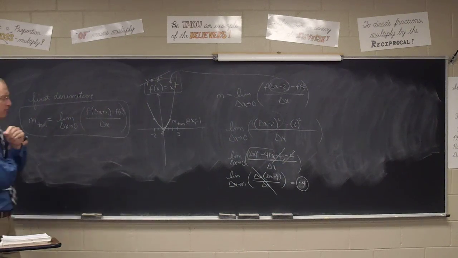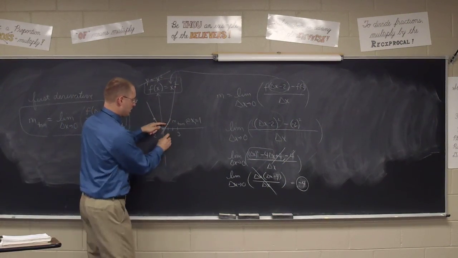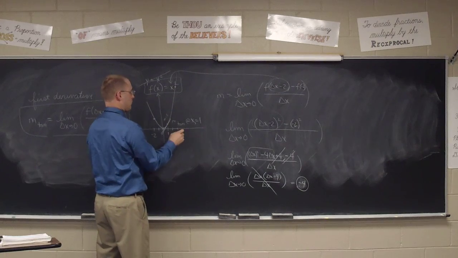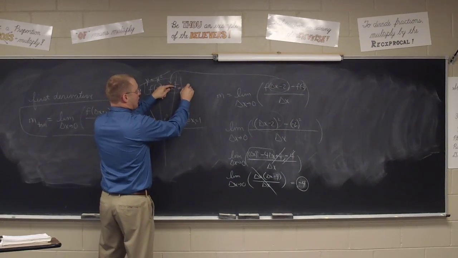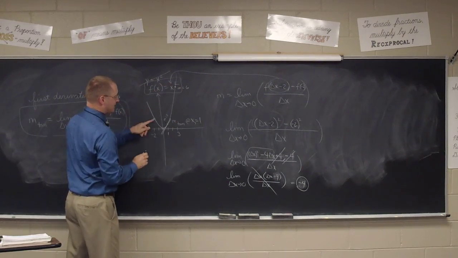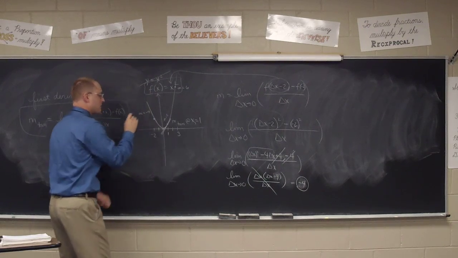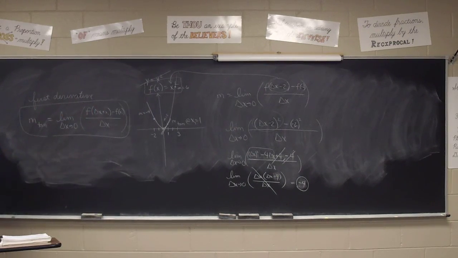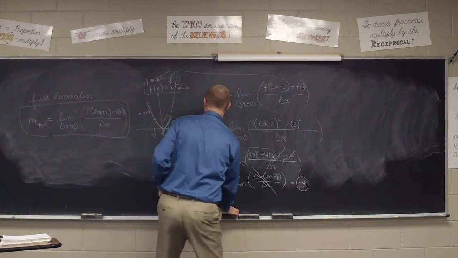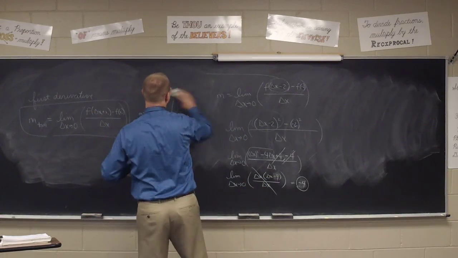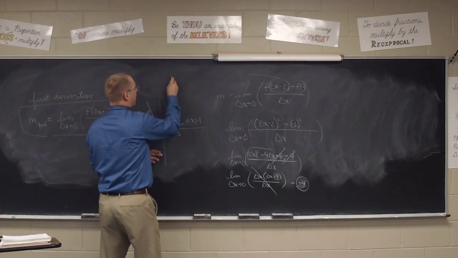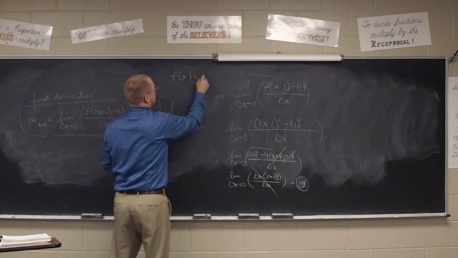Do you notice something? When x is 1, the slope is 2. When x is 3, the slope is 6. When x is negative 2, the slope is negative 4. It's always double for this particular function. Okay, so then, if I wanted to know what the slopes were for f of x equals x squared,